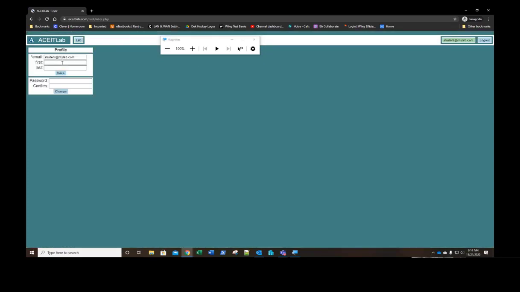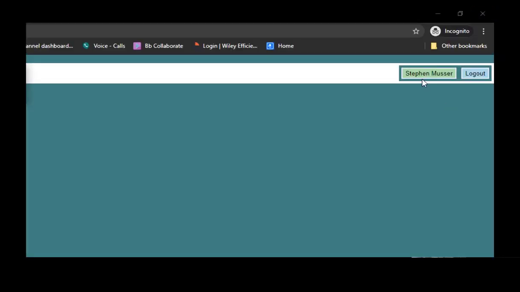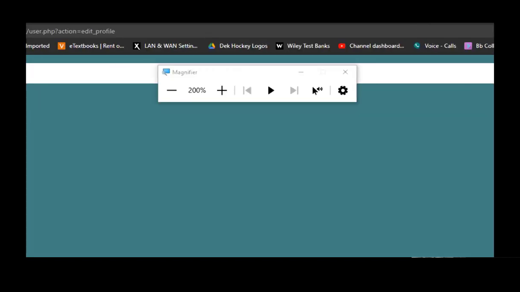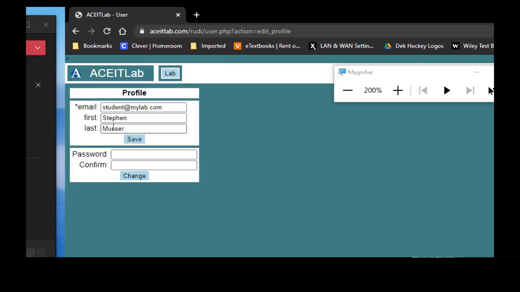But let's say this is my first time in the course. I log in and maybe I'd only see my email address. You know what? I'm going to add my name. And I'm going to save. If your name does not appear in the upper right, right here, I would want you to do that. Click on your email address, what would be your email address shown, and add your first and last name and